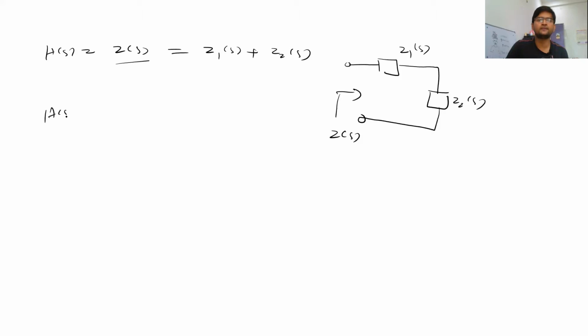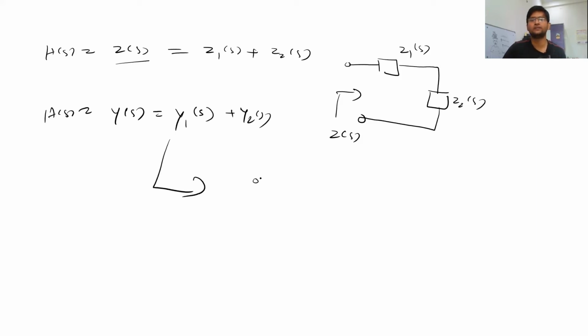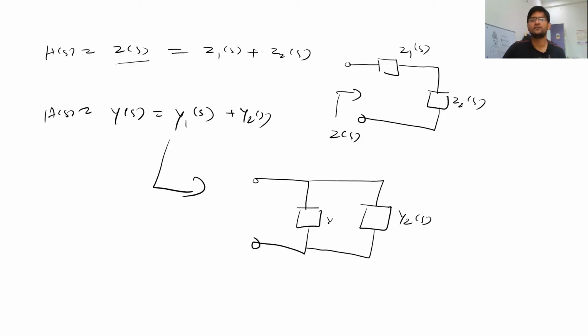Similarly, if your H(s) function is in the form of an admittance function, which is basically the summation of two admittance functions Y1(s) and Y2(s), then for this function, you already know that admittances are written as a parallel combination. So this will be your Y2(s), this will be your Y1(s), and this whole thing will be Y(s). So this is how you put any of the given functions, whether it is in the form of impedance or admittance, into the practical